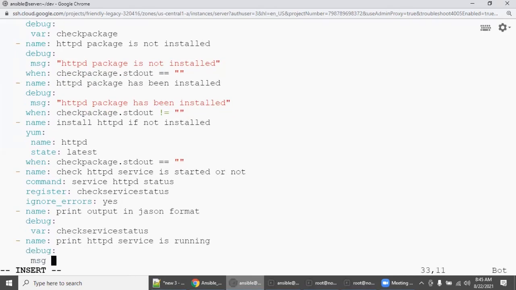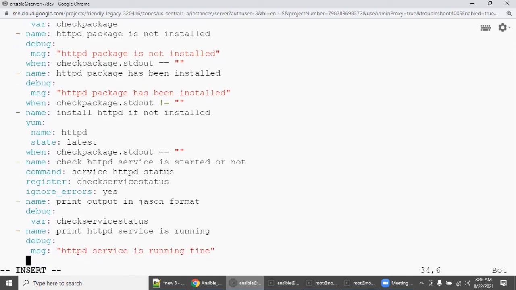Message: HTTPD service is running, or whatever message. But this message has to be printed only from the machine where the service is running. So apply the condition when check service status equal to 0.